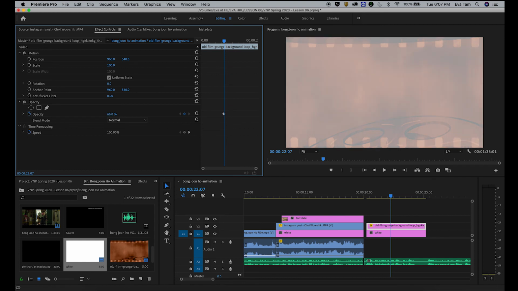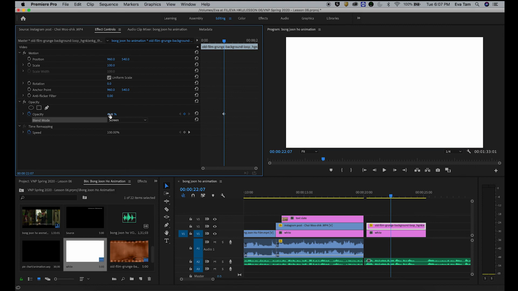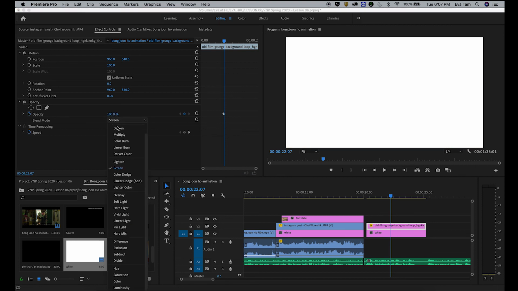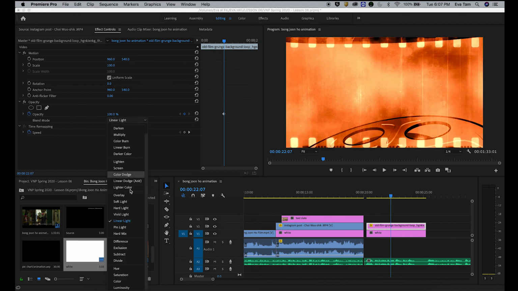Maybe something like 50%. Can you kind of see it? And then you can use all these blend modes and see what works. Oh, this is really bright.